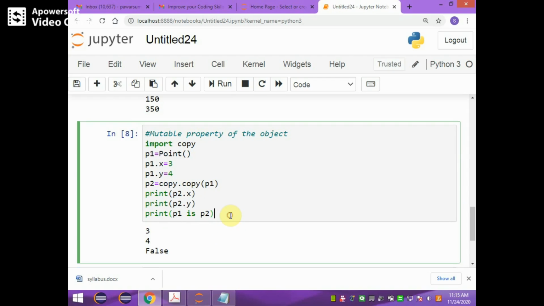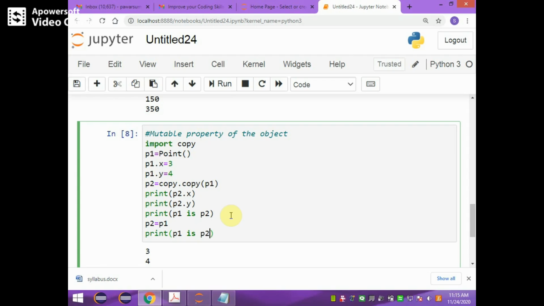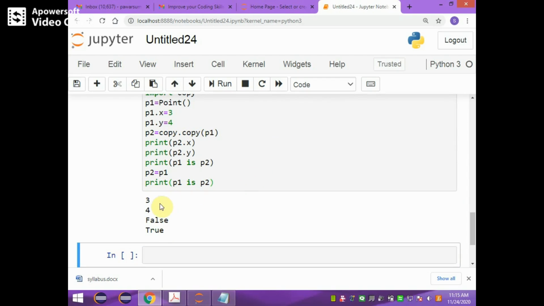Now, instead of using copy, if you write P2 equal to P1, and print P1 is P2, then run. Now it gives true,